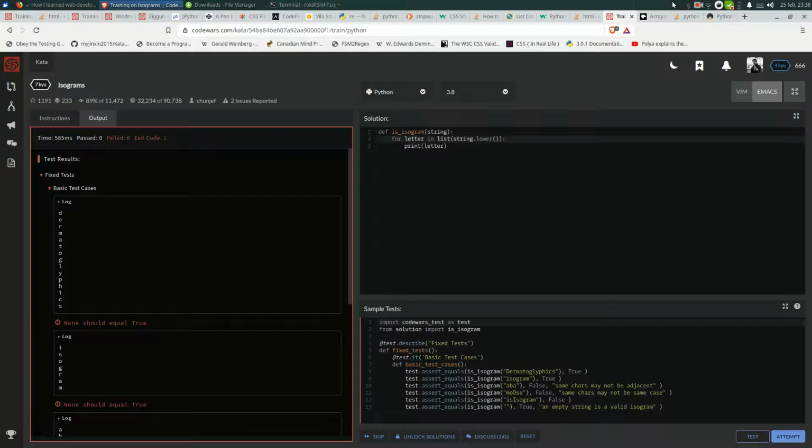Yeah, and then we say letters, we just say letters. I don't know how to get better at naming the variable names. I really don't. Just letters. And then we say print letter. And then we say, oh no, we just say for a letter in that, and we say